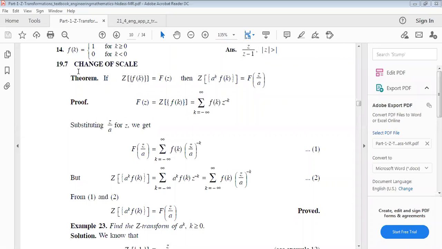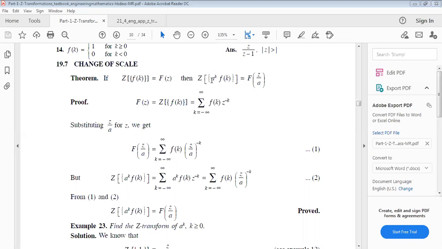This is the theorem of change of scale in Z transformation. So we have to change the scale in Z transformation by this theorem. Now the theorem states that if the Z transformation of the sequence f of k equals F of z, this is the Z transformation of this sequence function, then